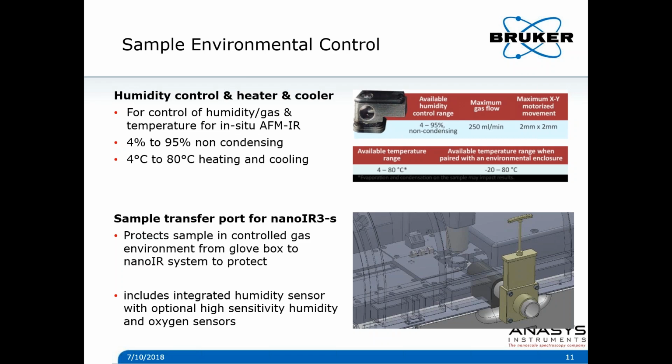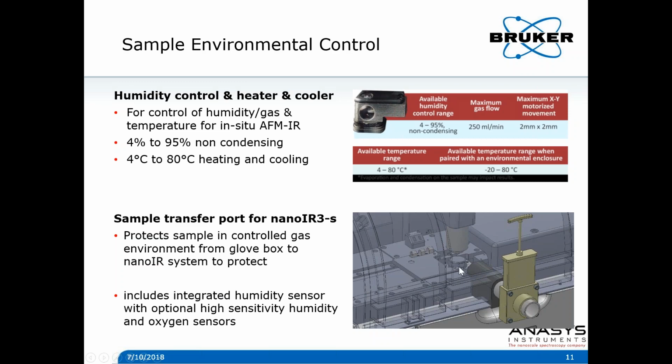Another new capability that we're offering on the 3S is a sample transfer port. So for example, 2D materials getting prepared in a glove box. You want to protect the sample, make sure there's no oxidation effects when you measure it. So this sample can be taken from the glove box into a sample transfer mechanism, which is then put into the Nano IR system through this sample transfer mechanism here, and then you can go on and measure